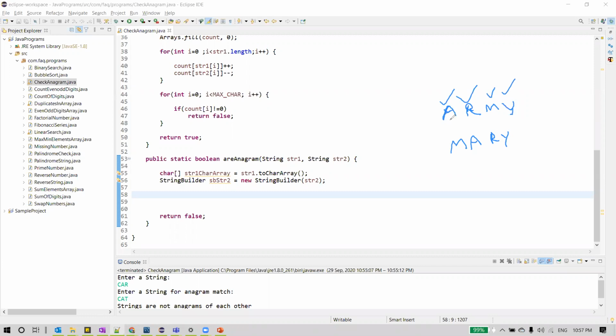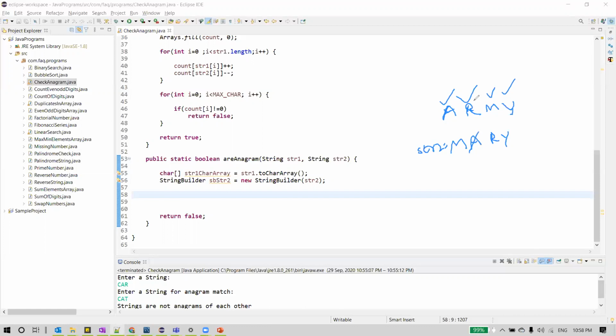Let's say first we'll take a and verify whether that is present in the second string or not. For that we'll use a method called indexOf. If this character is present, the indexOf method which we apply on string2 will return the position. That is, using the indexOf method, it returns the position of this character in string2. Then we'll use another method called deleteCharAt, and we'll delete this character.